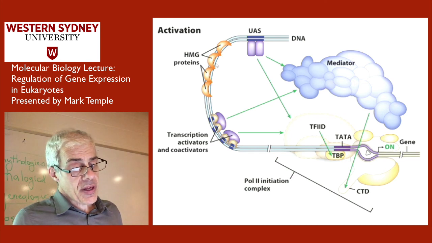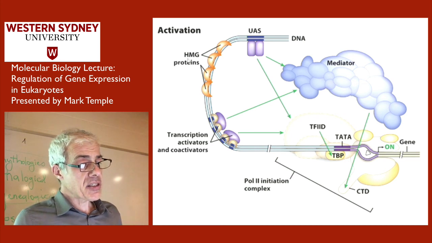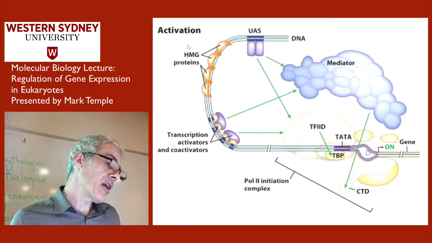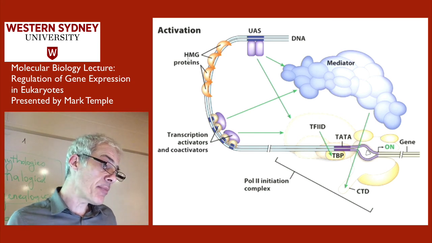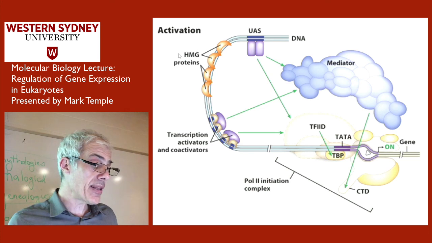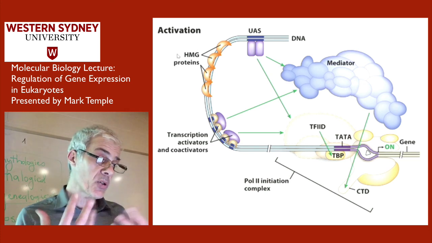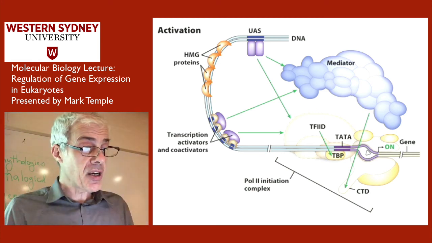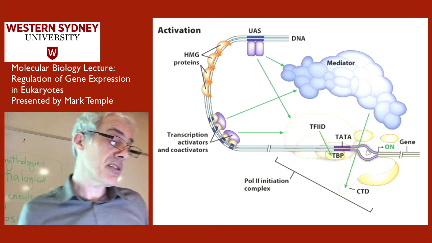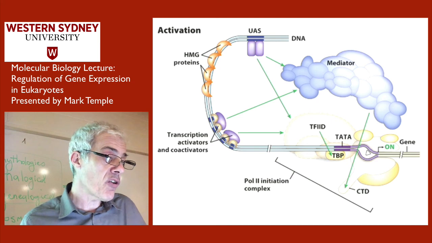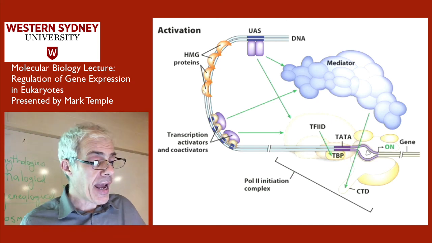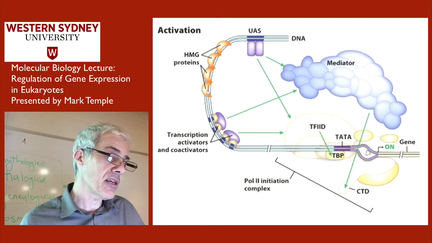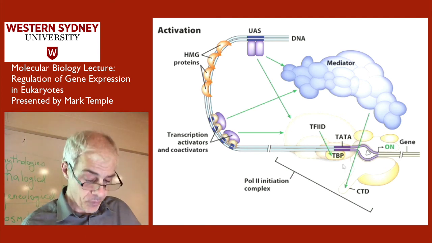The other thing that's shown in this diagram are these high mobility group proteins. I think someone should rename them. I think they're named high mobility group proteins because of the way they were purified. Because they're positively charged, they ran fast on mobility gels, so when people did experiments, these were high mobility proteins. It turns out they have a function of binding to DNA, and they're possibly involved in the looping of DNA and controlling some of that process.